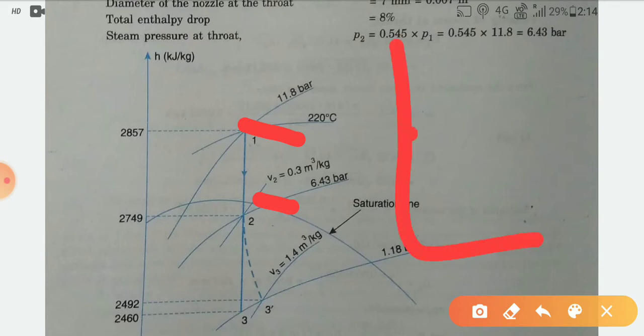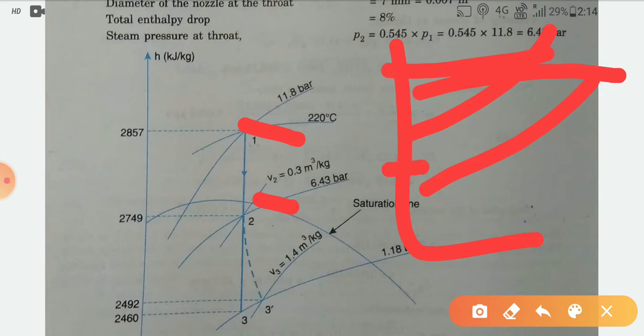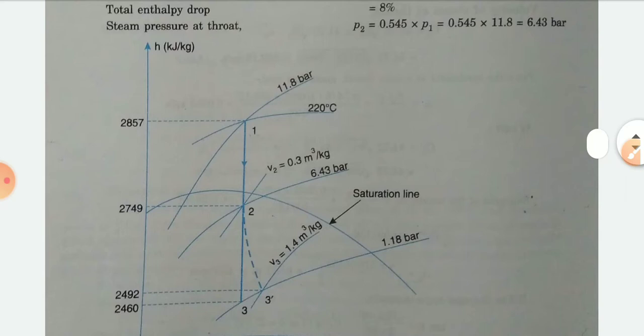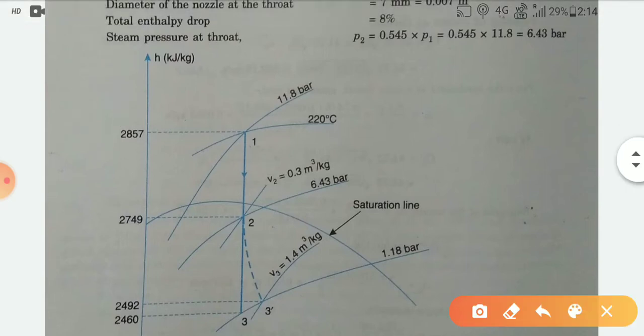In the Mollier diagram there are pressure lines, temperature lines, and enthalpy lines drawn as horizontal lines. So here you can meet 11.8 bar pressure and 220 degrees Celsius. This is our point 1. At that point, using the Mollier chart, enthalpy is 2805, sorry,